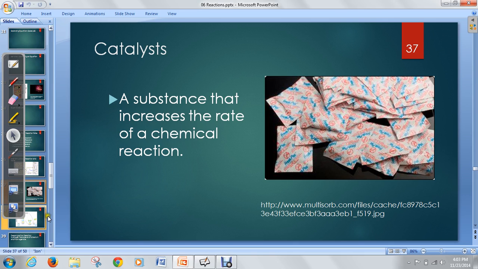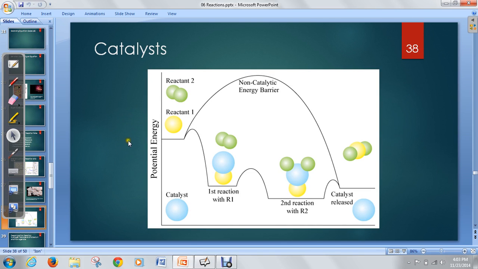Okay, so let's look at an energy diagram of this. If this bottom side is time, meaning as the reaction is occurring, and this is potential energy, which really means kind of like temperature or heat, however you want to think about it. But let's say we're reacting these two substances, and without any catalysts, a non-catalytic reaction, just a normal reaction that needs a lot of energy, a lot of heat to make this reaction occur where they combine with each other. So if there's no interference, we need a lot of energy to get over this kind of hill to make this reaction occur. But if we get this catalyst in here, which is represented with this blue circle,